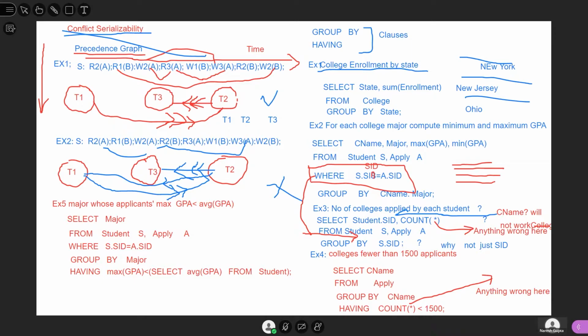Because if you say distinct SID, it will also work, right? If you say distinct SID, will it work? No. If you look at Amy, 1 2 3 NJIT, 1 2 3 NJIT, then 1 2 3 Stony Brook and 1 2 3 Cornell. Will that work? No, because you will get 1 2 3. So we have to say distinct college